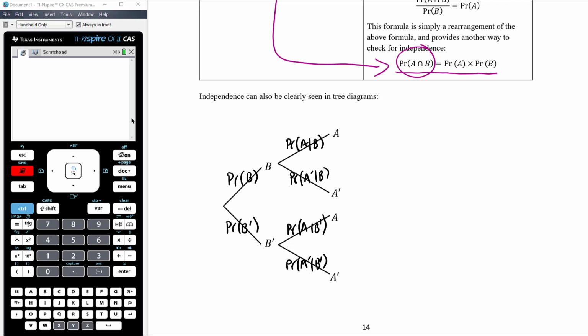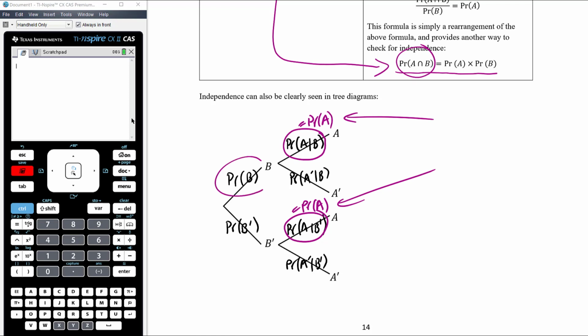Now, what we would find if we had independence is that the fact that B has happened doesn't matter. So this would just be equal to the probability of A. And this would be the same probability. Because it doesn't matter whether B has happened or whether B hasn't happened, the probability of A happening will still be the same. So if you're seeing the same probabilities there and there, and similarly there and there, that would mean that